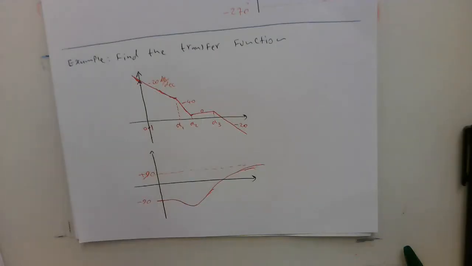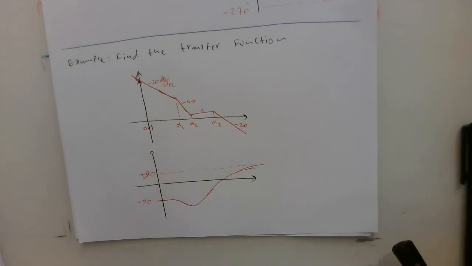And the next example is even more interesting. Suppose that the Bode diagram of a system is given and you are going to find the transfer function. Basically, it's the opposite of what we have been doing. And the reason that this example is interesting is that in reality, in many cases, we can apply,